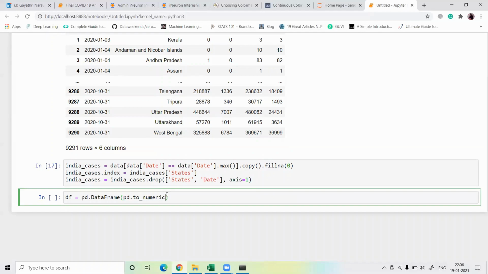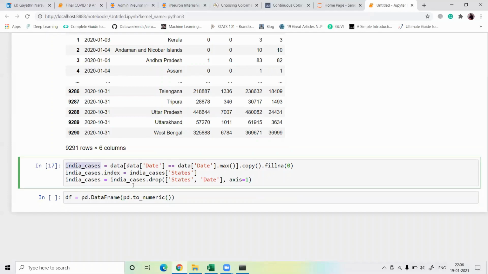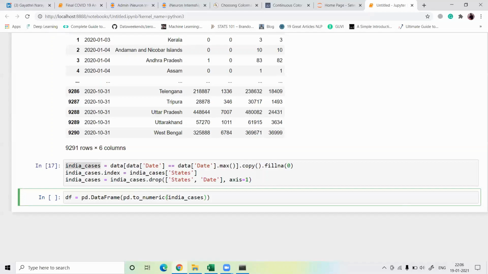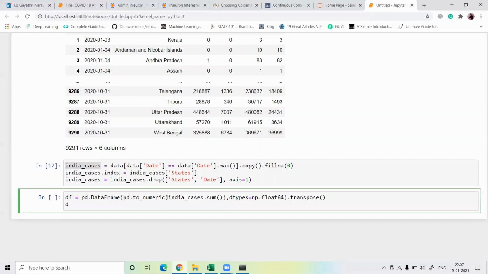I take the data as India cases, dot sum, and dtypes, I call the data types, dtypes as a float, np dot float64, and then we have to just transpose this data. After that I just print this.